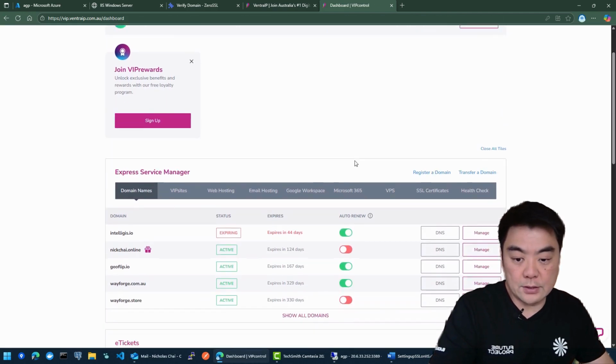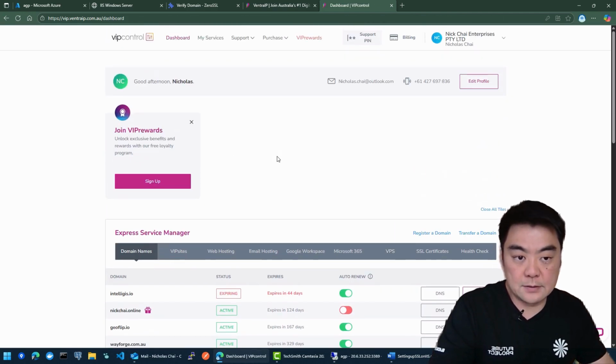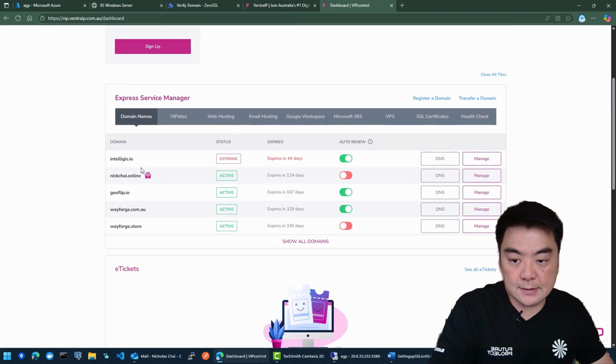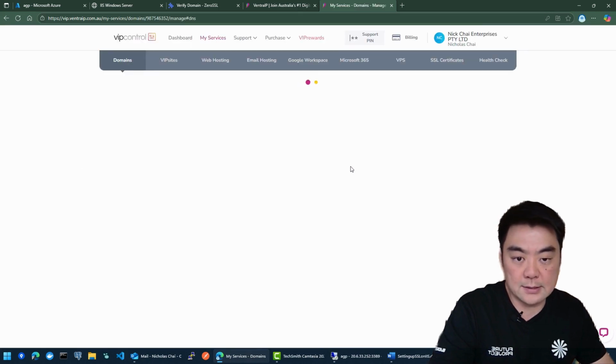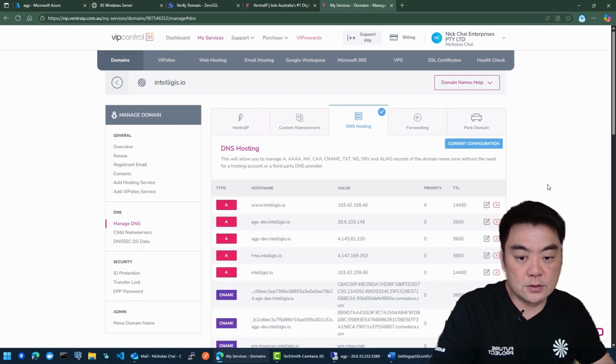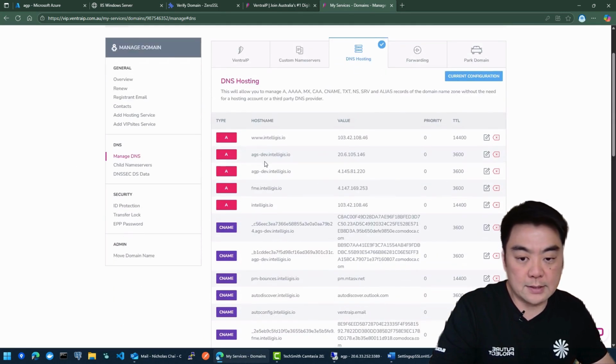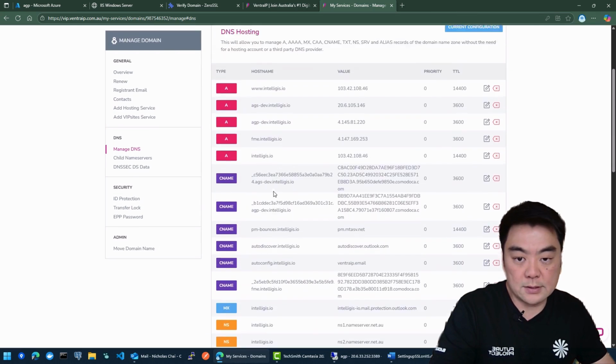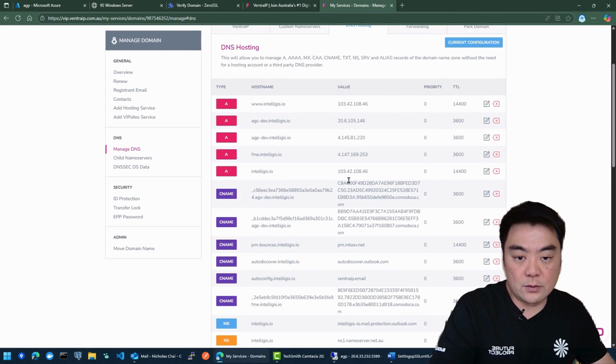Okay, once you're in your domain provider, what you can do is look for your DNS. In this case, we're going to be working with the intelligis.io one, so I'll go to DNS. You'll do this however you're doing yours. You can see I've got all these existing A records and these C records. What we will do here is set up an A record for agp.intelligis.io against the machine's IP address, and then